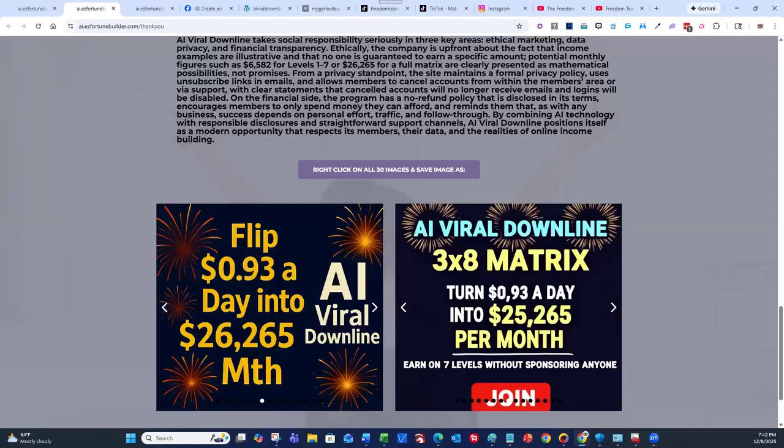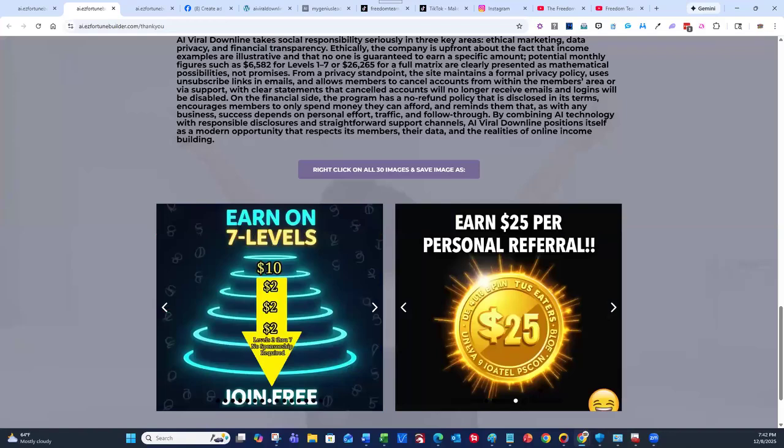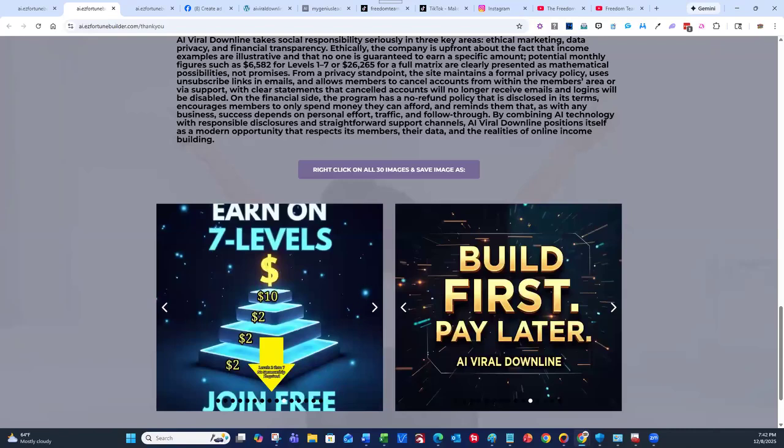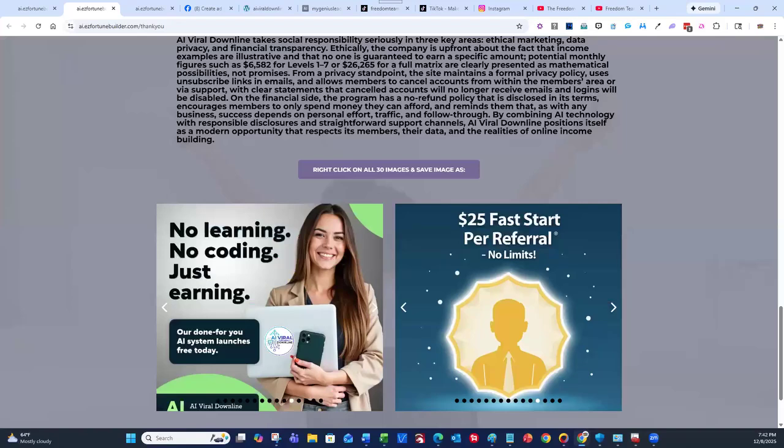No qualification, check match, leg. You don't have to worry about any of that stuff. Just share it with people, and the matrix will fill in where it's supposed to. And you'll not only be helping other people on your team, but you'll be getting great fast starts. Did you have a specific question about it?